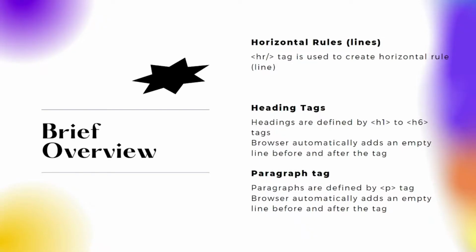The first basic HTML tag is related to horizontal rule, or more precisely, a horizontal line. If I want to draw a line within my HTML document, then I can use this basic tag, the horizontal rule, which is used to create a horizontal line. The tag for that is the HR tag, that is horizontal rule. As you can see, it is a singular tag, that is, an empty tag. It doesn't contain any closing tag.